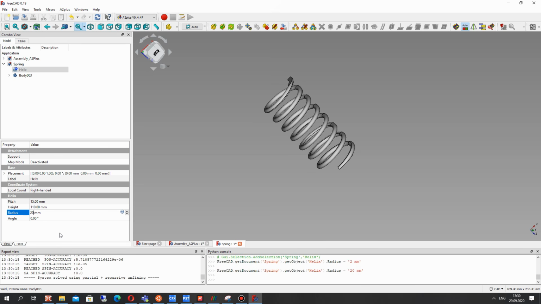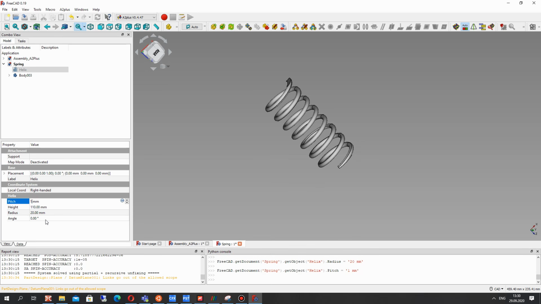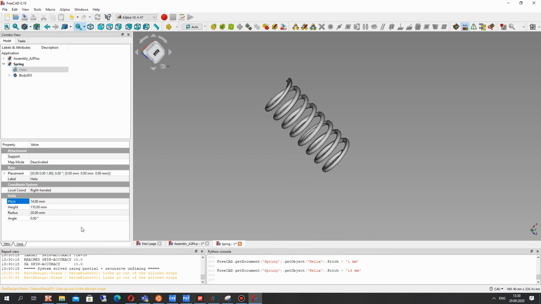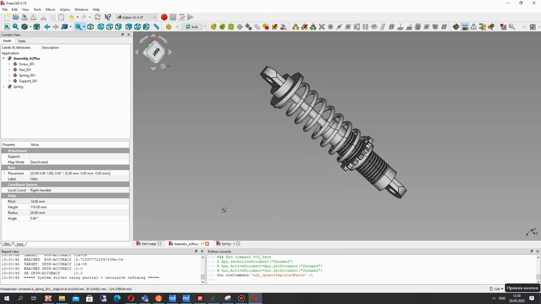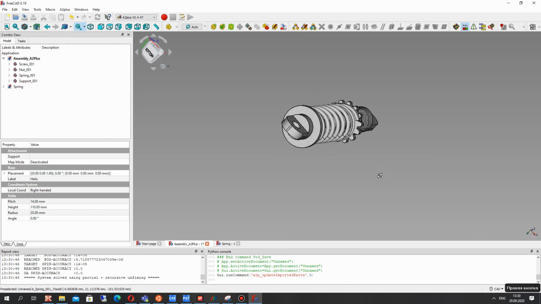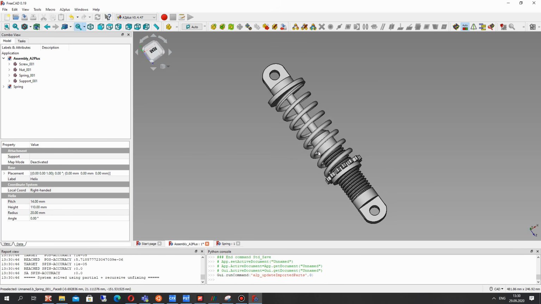assembly. Okay, let's set 20 for example, and let's change the pitch of the spring, and let's reload our assembly in the A2Plus assembly, and as you can see we get our